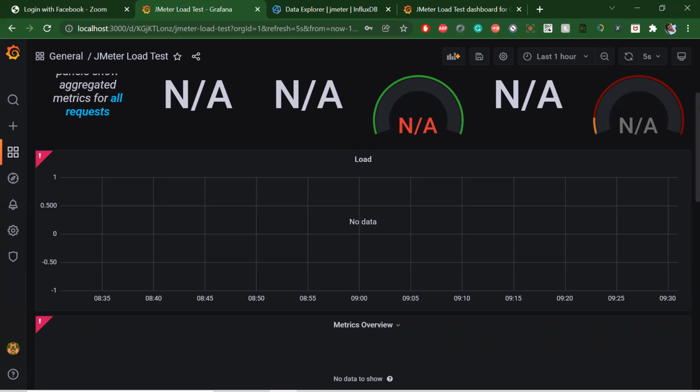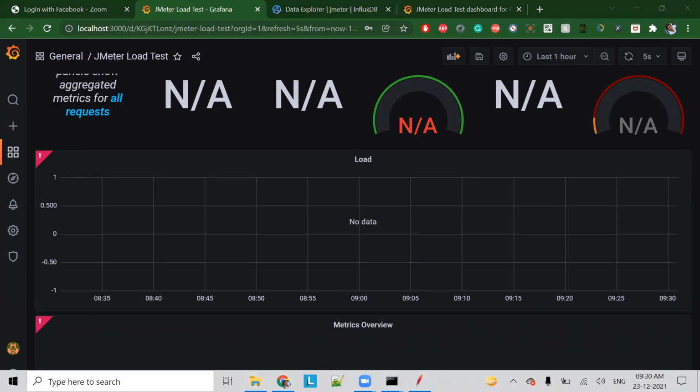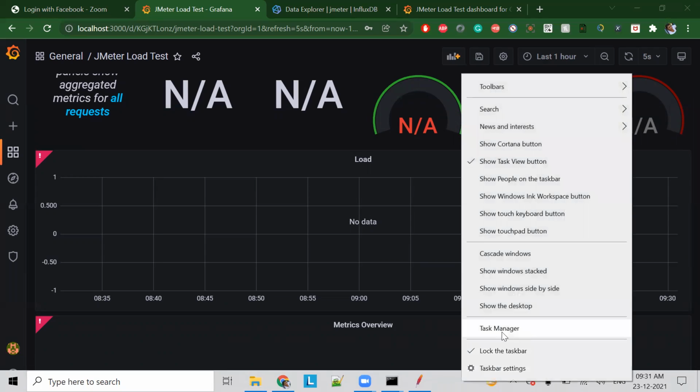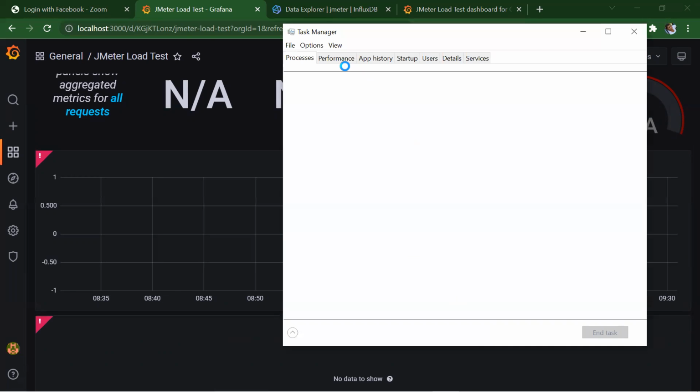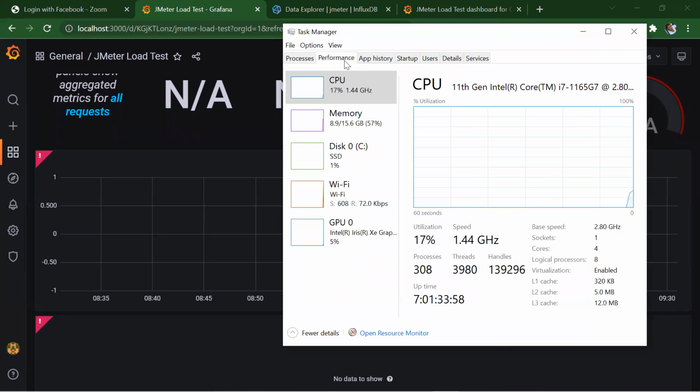So suppose, let me open my task manager. Okay, so my RAM is 16 GB. Out of 16 GB RAM, currently 8.8 is already occupied. If I run a JMeter test with like 1000 or 2000, it may take again 2 or 3 GB. But your load requirement is 10,000 users.